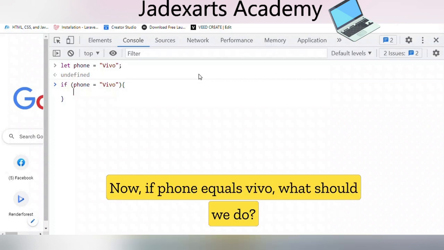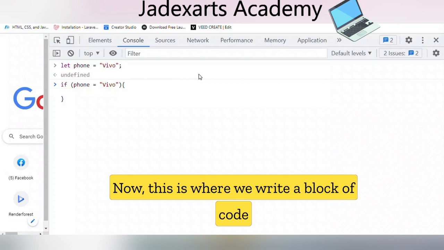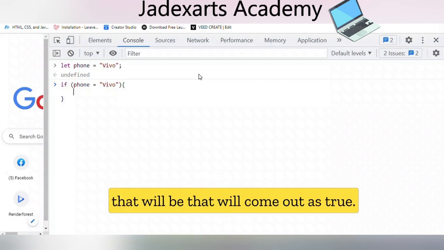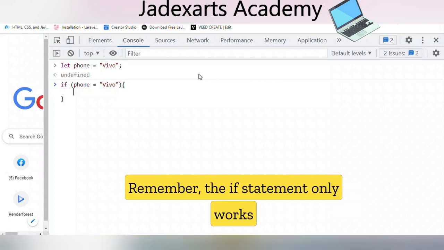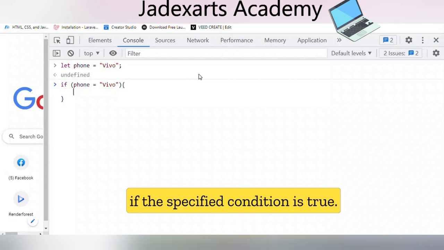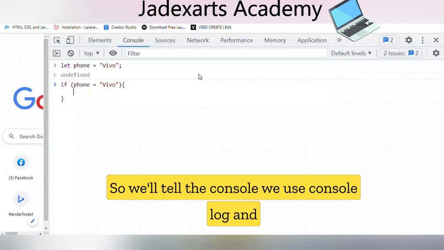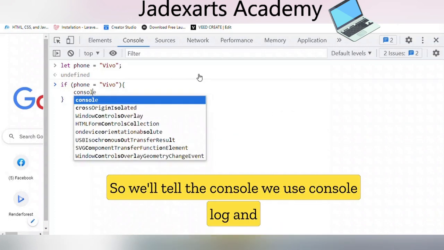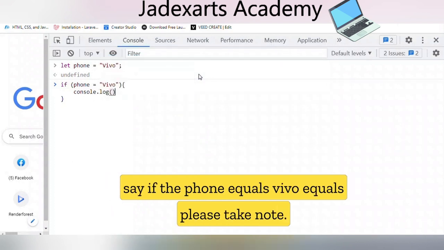Now, if phone equals Vivo, what should we do? This is where we write a block of code that will come out as true. Remember, the if statement only works if the specified condition is true. So we'll use console.log and say if the phone equals Vivo.